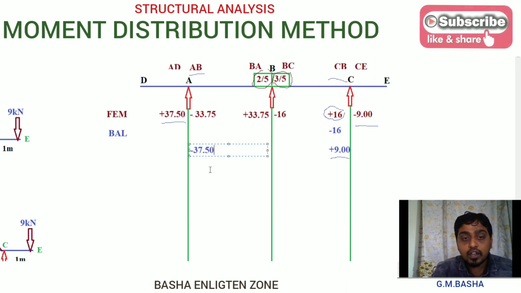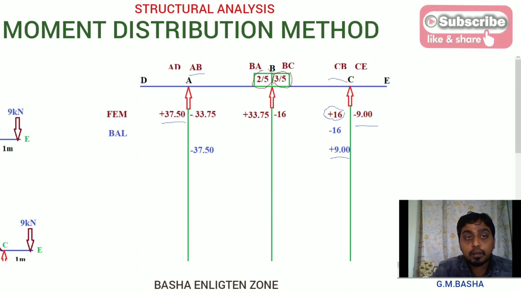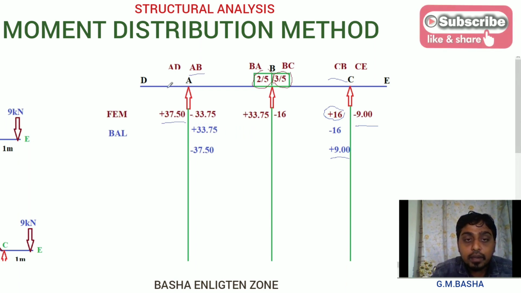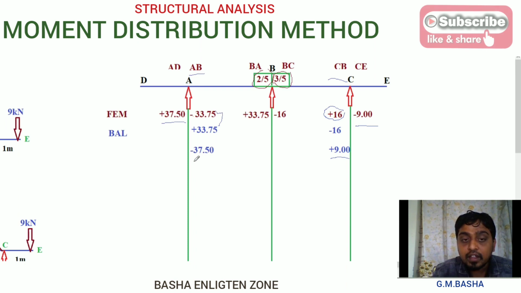If you want minus 37.50 here, whatever the moment was previously there, you can make the moment 0, meaning there will be 33.75. I am taking the same value with opposite sign. Then if you add these two, finally the moments here will be 0. Then the overhanging position moment will be 37.5 and here it will be minus 37.5. Similarly here plus 9 and minus 9, with these two will be 0 and 0. So that is the first step.